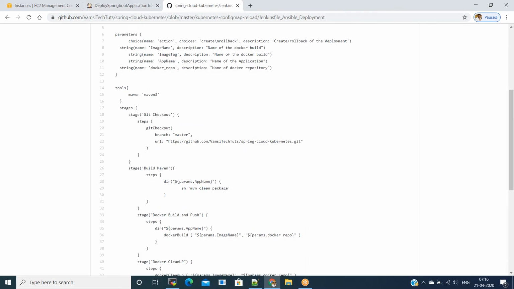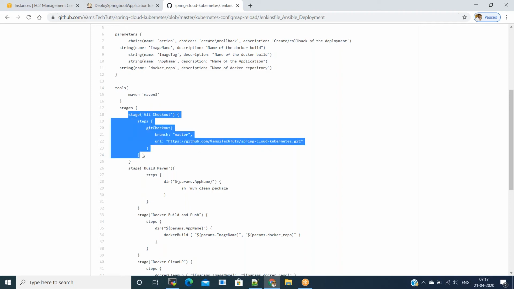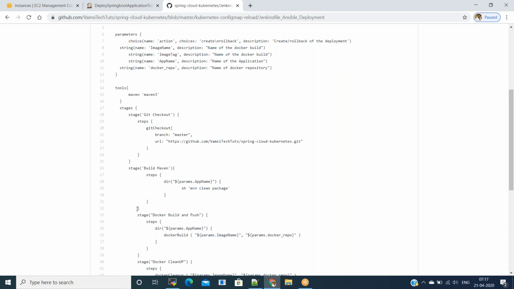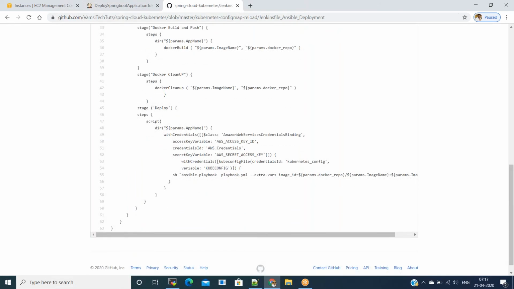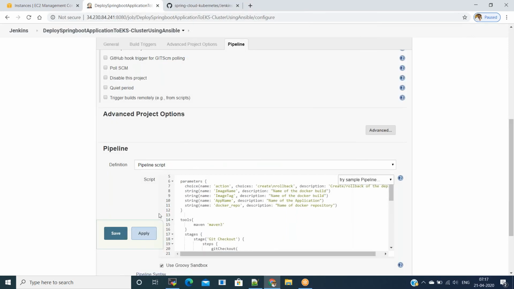And then we are using tools. Under the tools, I mentioned Maven, which is nothing but Maven 3. Under the stages, I have Git checkout stage, build Maven stage, Docker build and push stage, Docker cleanup stage, and deploying to Kubernetes stage. Under each stage, we have different steps.